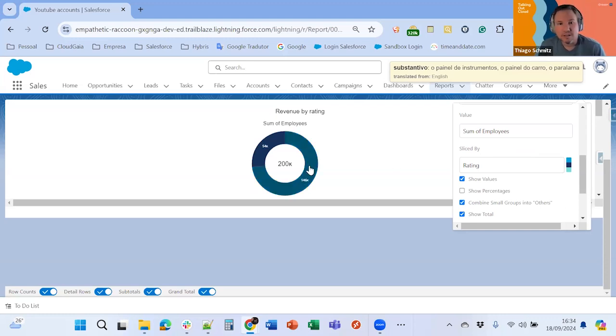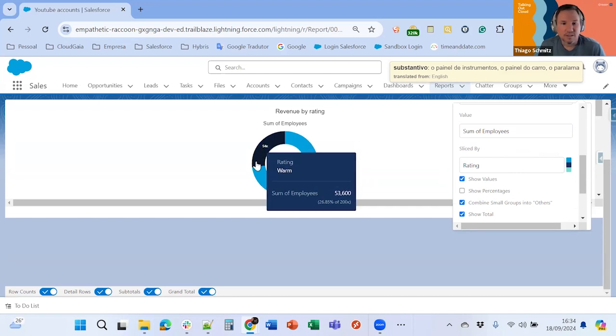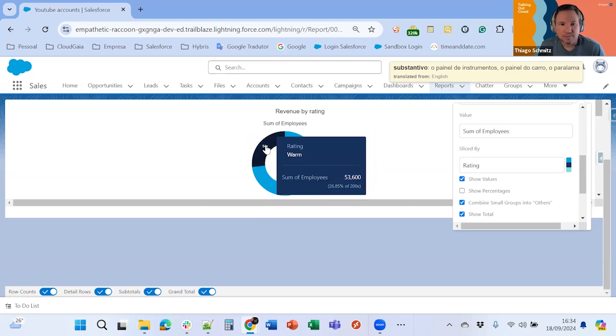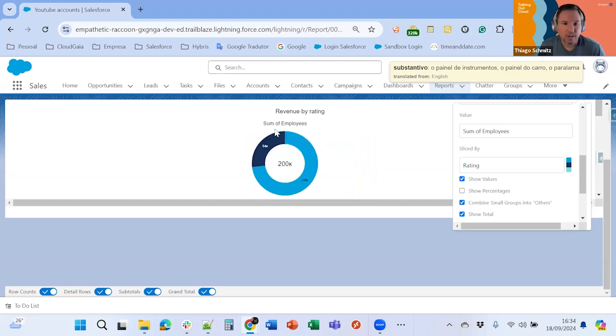But the one thing interesting is it shows the values, in that case by employee, by rating, but it's also showing the total in the middle. So I like this one because of this data in the middle with the whole number. But depending on the number of data you have,